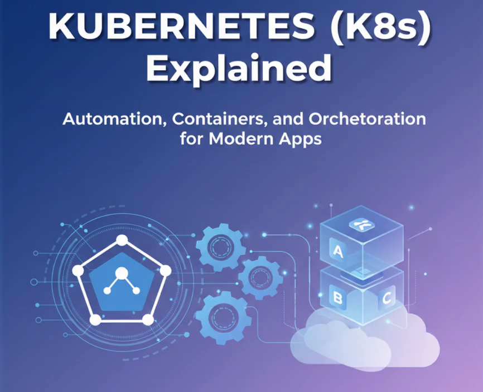Sure. So the most basic, smallest thing Kubernetes deploys isn't actually a single container. It's something called a pod. A pod. Think of a pod as like a little group of one or more containers that are tightly linked. They always run together on the same machine. They share resources like networking and storage. Kubernetes doesn't really manage individual containers directly. It manages these pods. Got it. Pods are the unit of deployment.